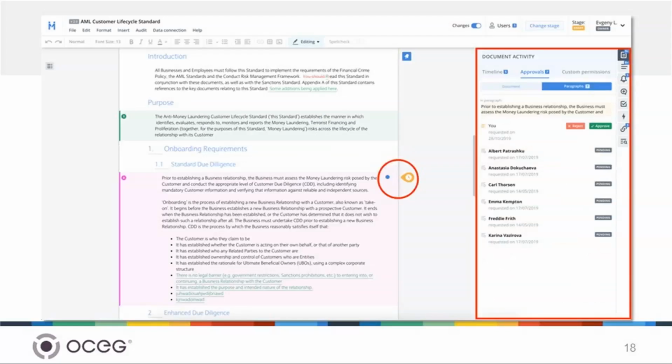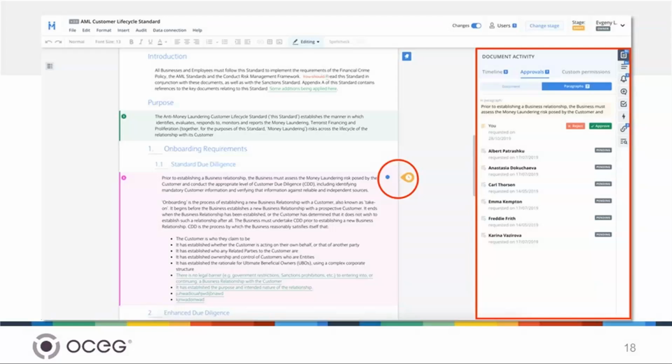And if those headings change and the template changes, it's enforced across the organization in every single policy which was drafted from that template. And then as the policy author goes through the document and makes changes, they can assign different paragraphs to different teams or different stakeholders for